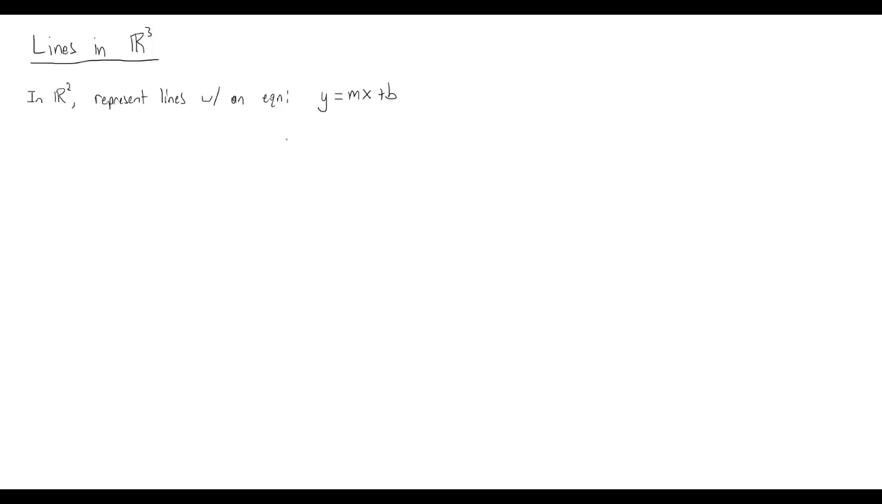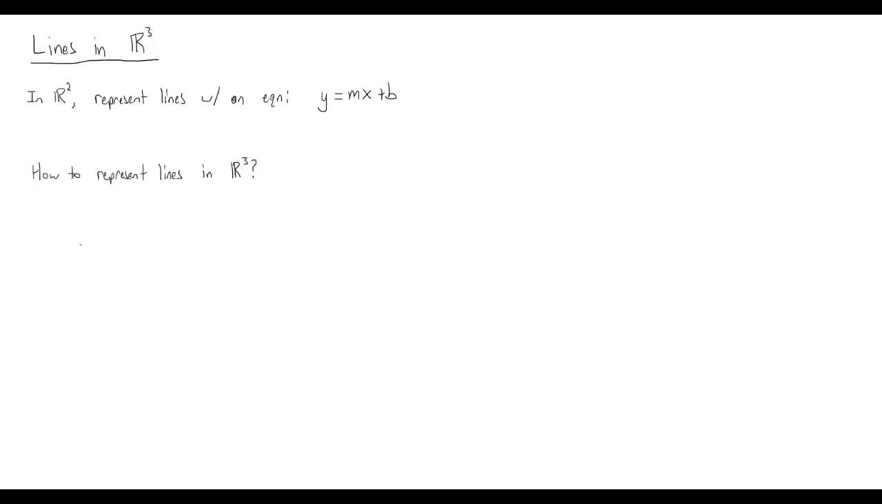In 3 dimensions, we represent lines a little bit differently. So we don't use an equation involving x, y, and z as one might think. I'll talk about why we don't do that later in this video. But for now, regarding how to describe a line in R3,